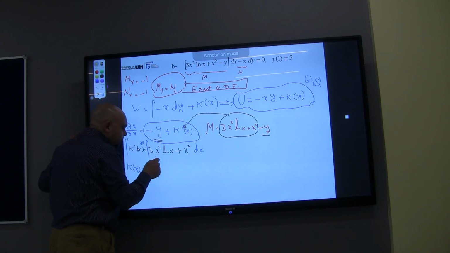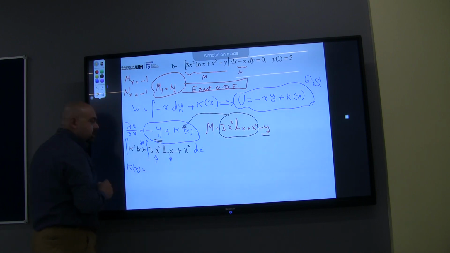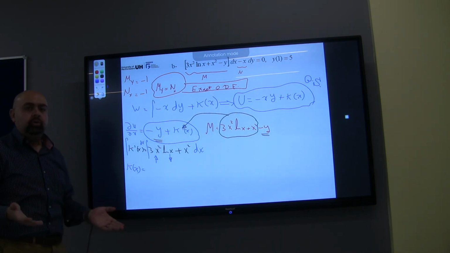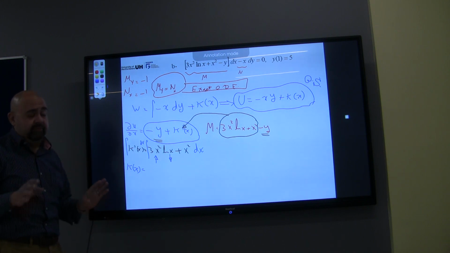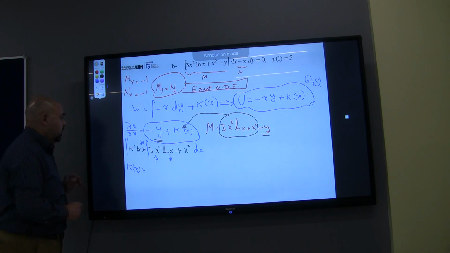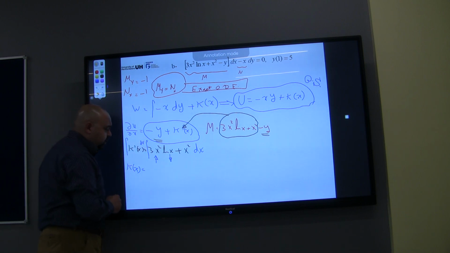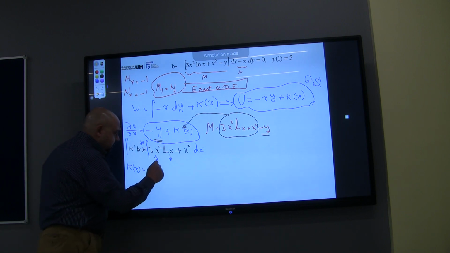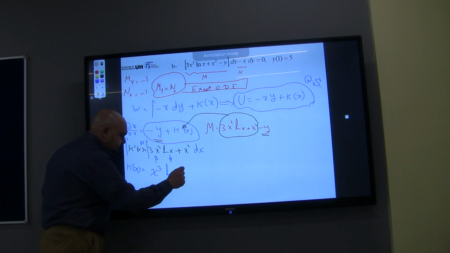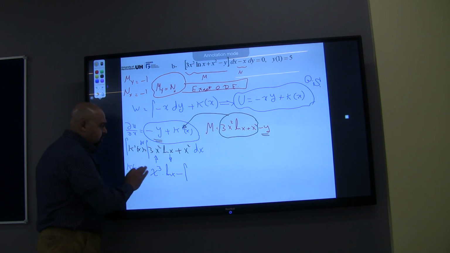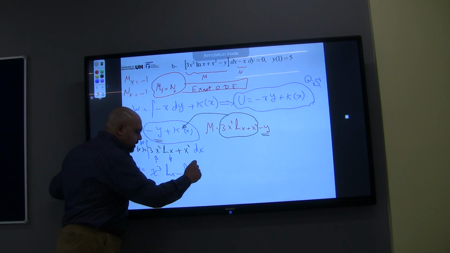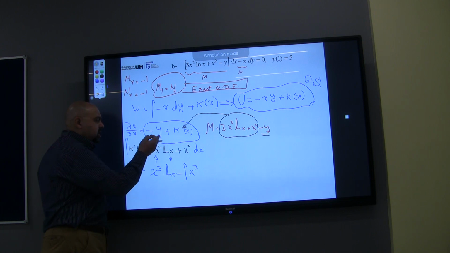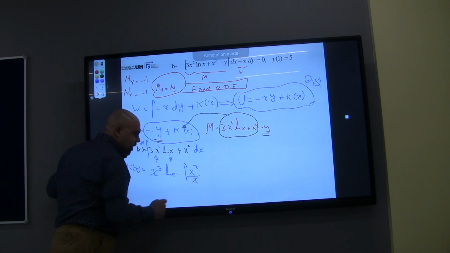Now I'm obliged to integrate 3x squared and then differentiate ln x. The reason is simply I don't know how to integrate ln x. I'm very good in differentiating ln x. If I integrate 3x squared, it's going to be x to the power of 3 times ln x minus integration. The function that I integrated, which is x to the power of 3, will be times the derivative